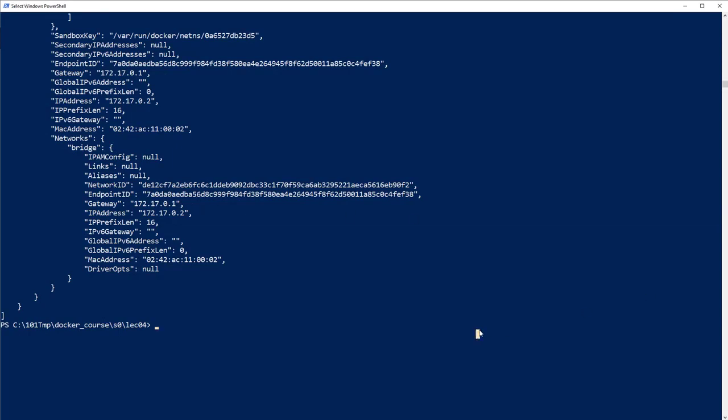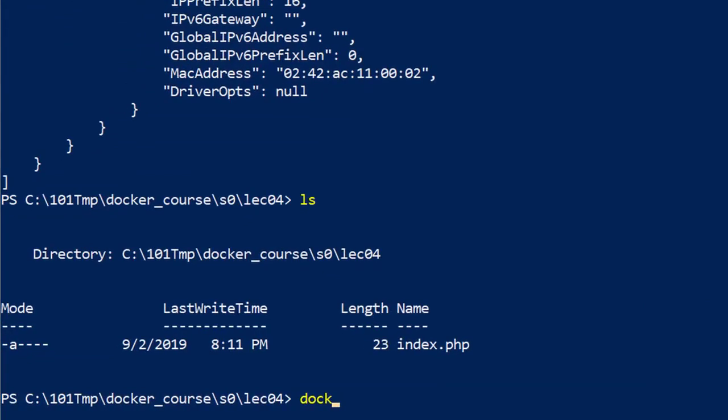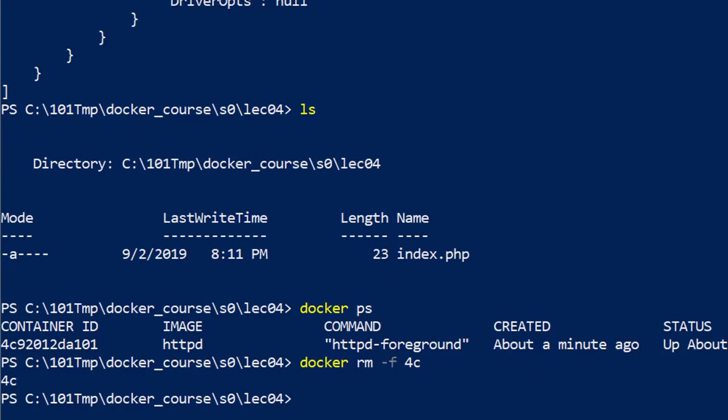Okay, now if you still have this index PHP here, then you can do another thing. You can download a PHP container with Apache. Let me remove this container over here, which was docker ps, what was it? docker rm -f 4c. Let's completely remove this and instead run docker run -d -p 8080 on my host to 80 in my container, and then we are binding